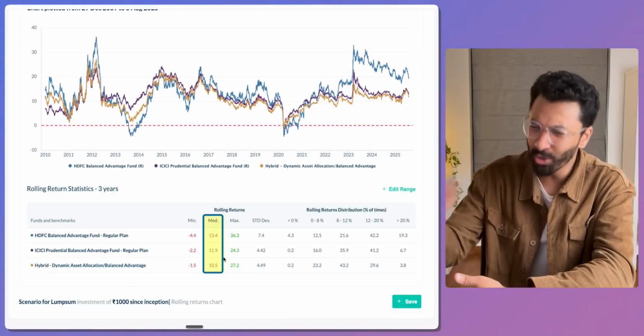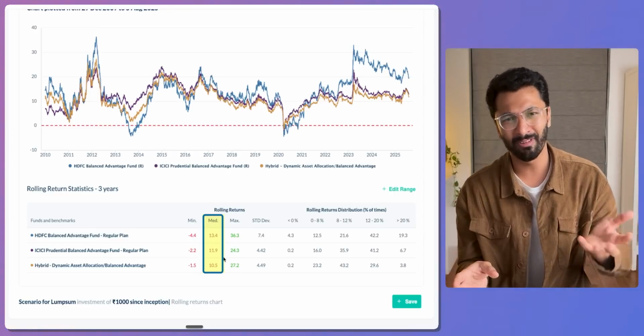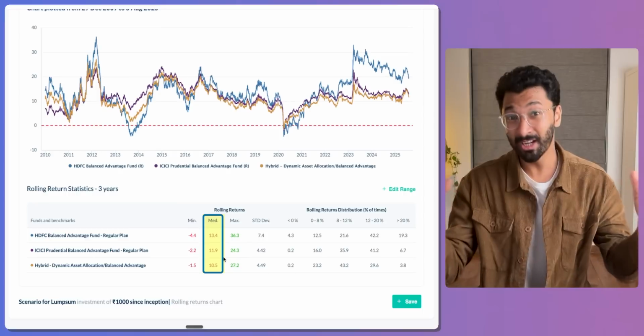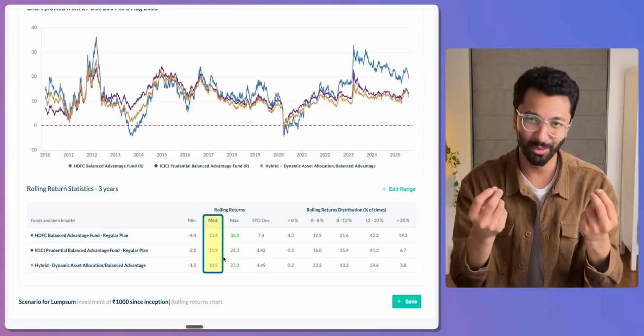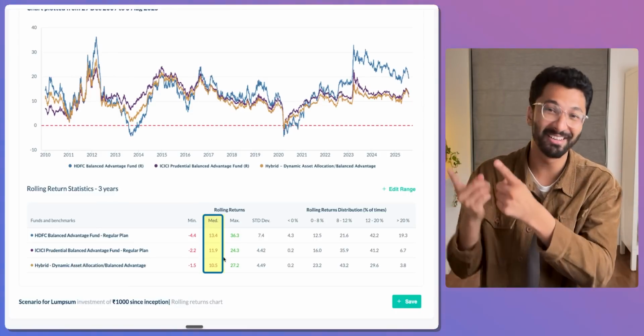And again, important to keep this in mind, because every investment has both sides, right? One of higher returns and the other of potentially higher risk as well. What determines both these factors is essentially how much stocks they own. And as you can see, the higher the stocks, the higher the risk, but the higher the returns as well.